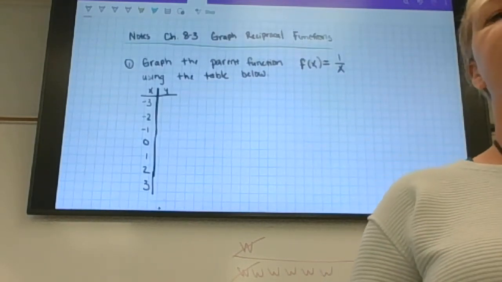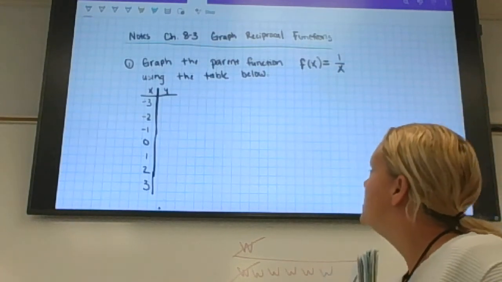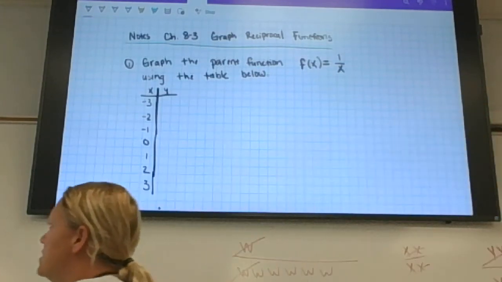Okay, so... you don't have to do it every time, but I wanted to because this graph